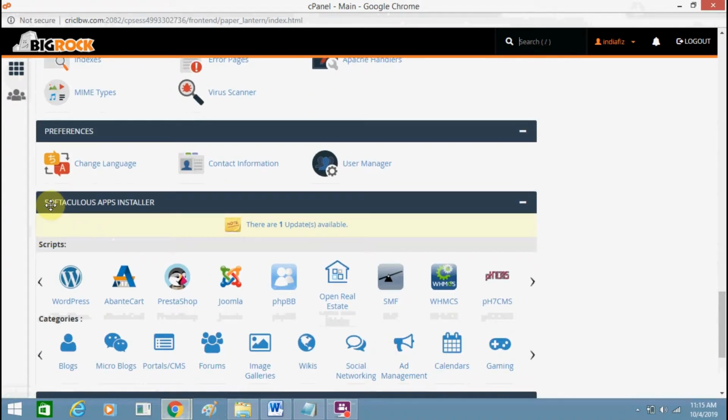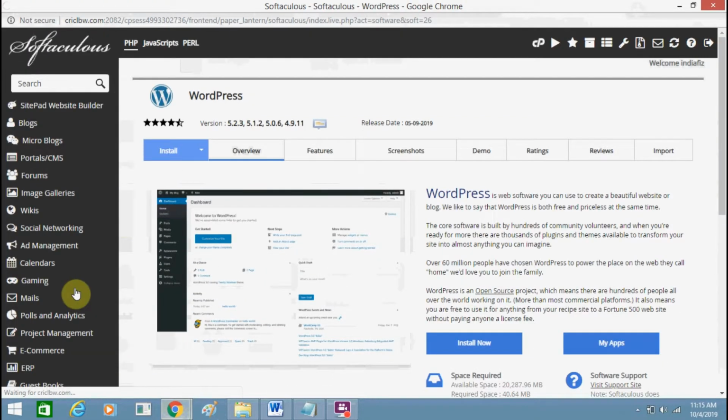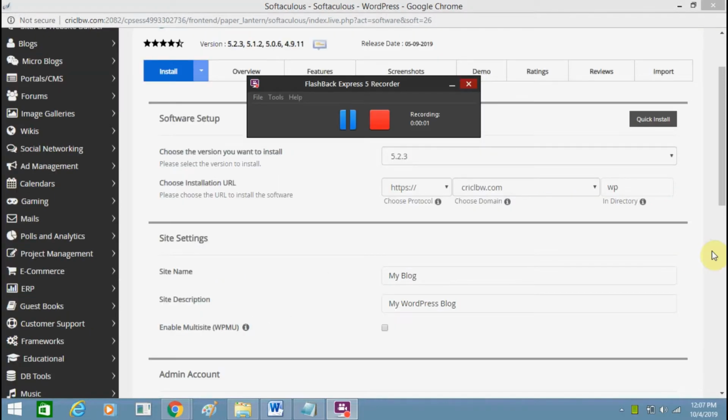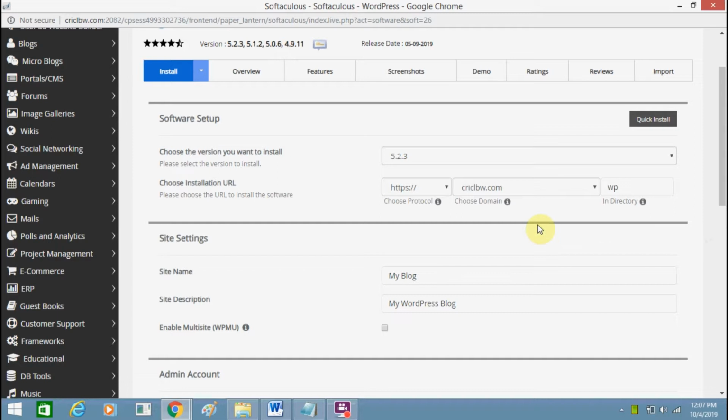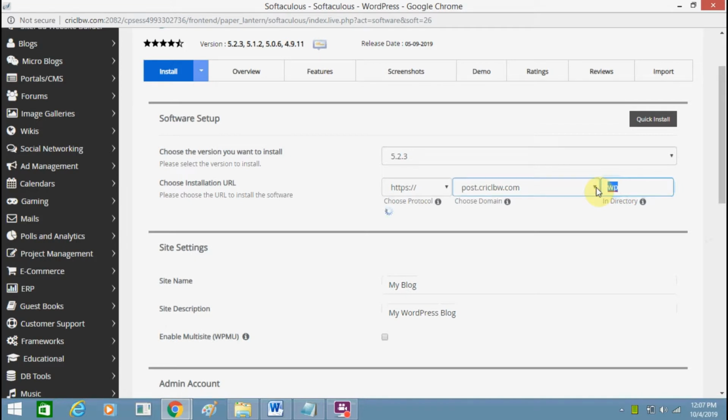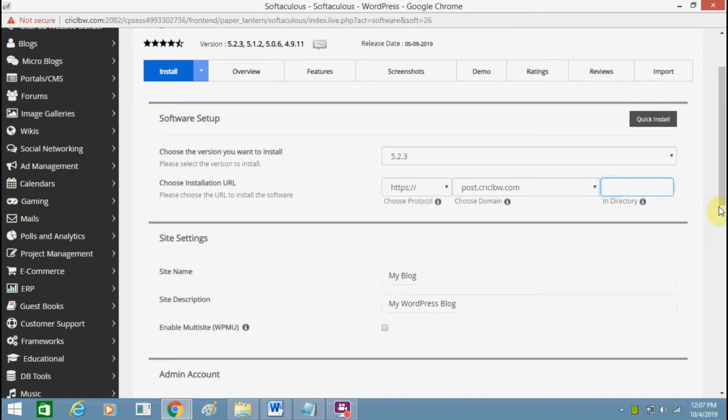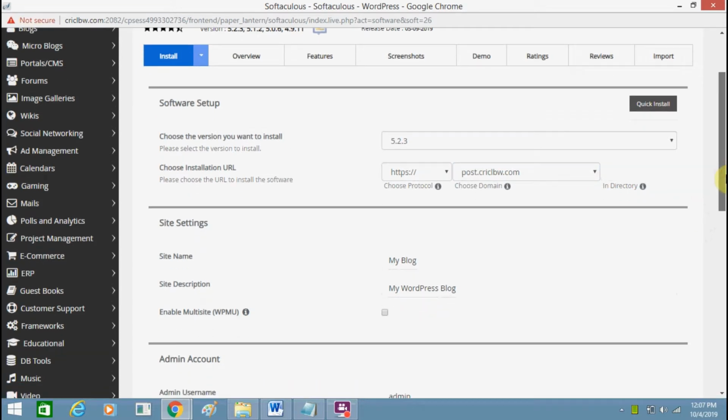In this option, Softaculous Apps Installer, here I need to click on this option WordPress, and after coming here I need to click on install. So here you need to just click on this, scroll down, click your third level domain which we had recently created. Just remove this thing in directory and scroll below.